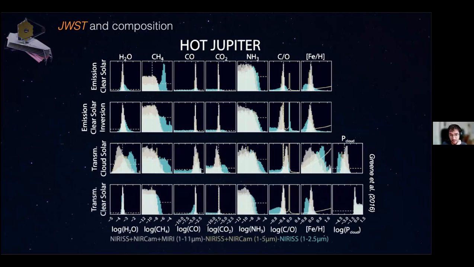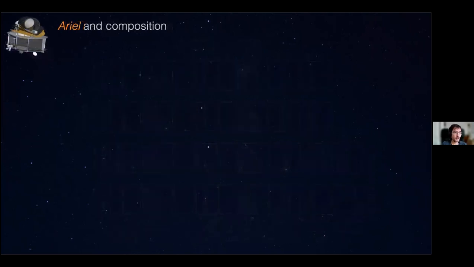So that's JWST. Something else I want to mention. JWST will launch hopefully by the end of this year. Something else I want to mention is ARIEL. ARIEL is an ESA mission that will hopefully fly by the end of this decade. And the cool thing about ARIEL is that it has different tiers that will look at roughly 1,000 planets that we can hope to get constraints on the abundances for,